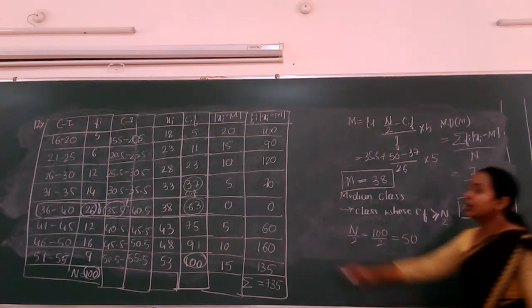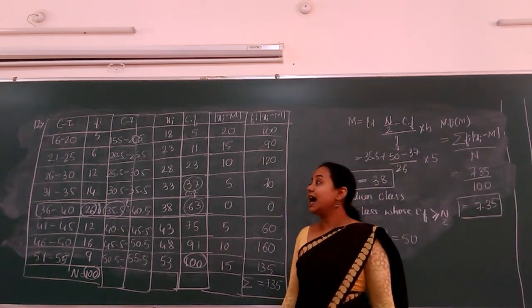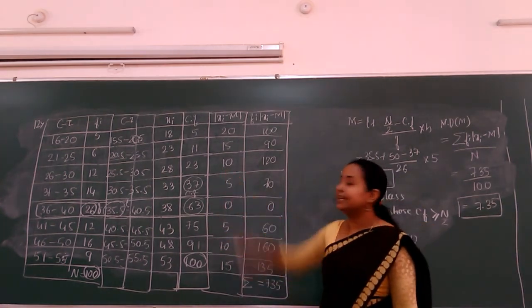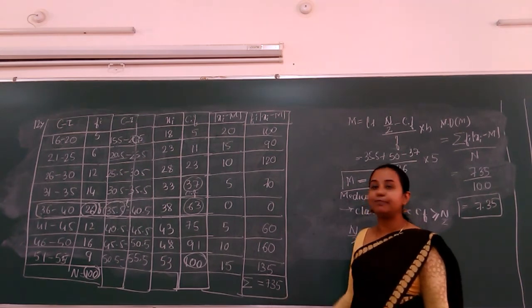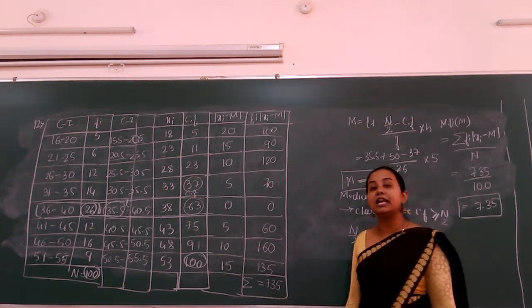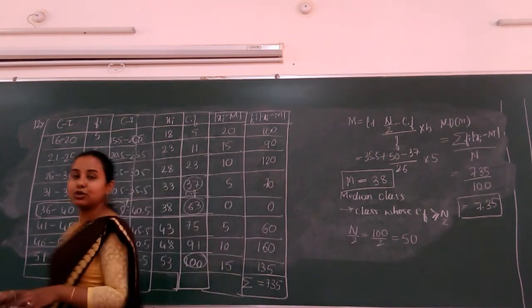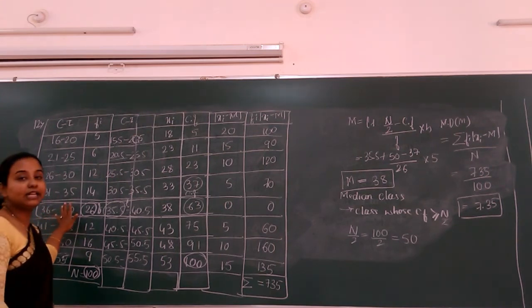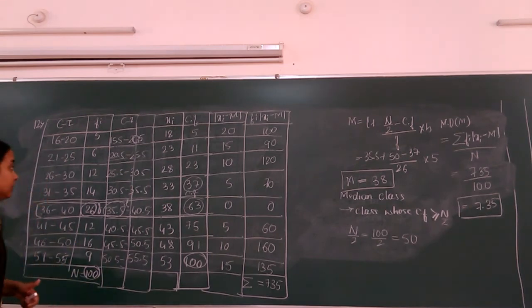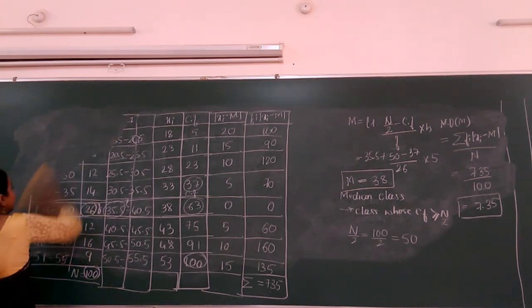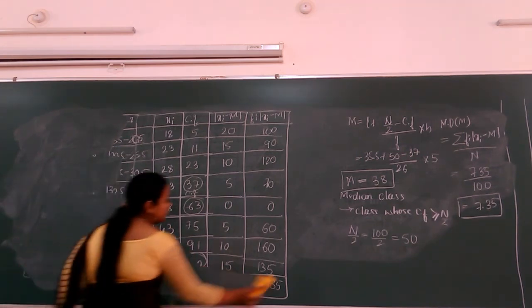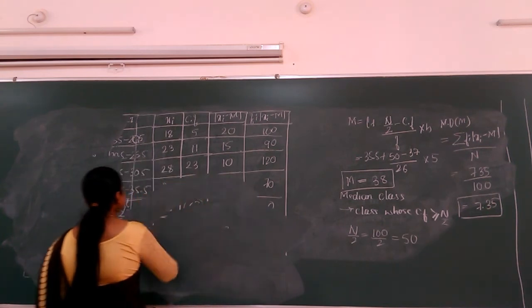About median for a continuous data. I have considered the 12th problem before the 11th just because the class intervals are different. So first I have explained this. Next we will consider our 11th problem. There also we are going to follow the same procedure, but the only difference is that there we already have class intervals in continuous form itself. So now let us consider our 11th problem, to calculate the mean deviation about median for a continuous data.